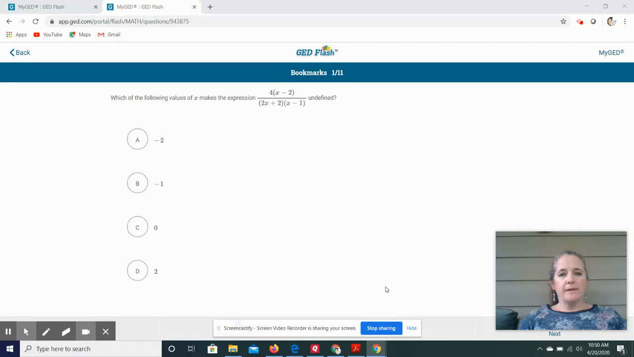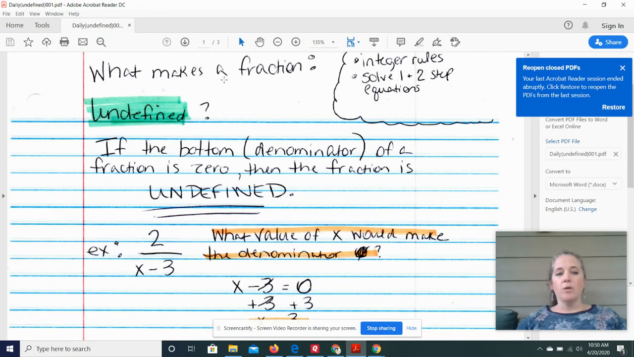Today we are going to be talking about undefined fractions. The problem that we have today: which of the following values of x makes this expression undefined? So first we're going to talk a little bit about what undefined means. What makes a fraction undefined? If the bottom part of a fraction, or what we call the denominator, is 0, then that fraction is considered